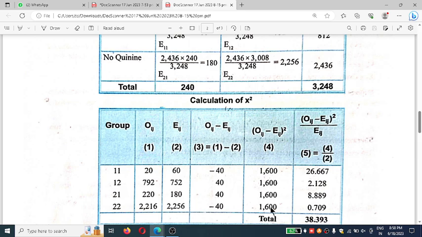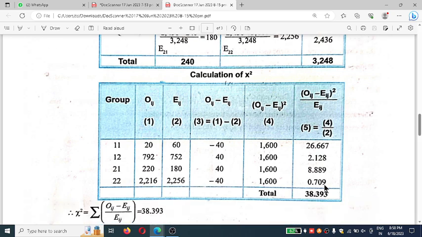All these squares you will do, then OI minus EI whole square divided by EI. That means 1600 divided by 60 is 26.667. Again 1600 divided by 752 is